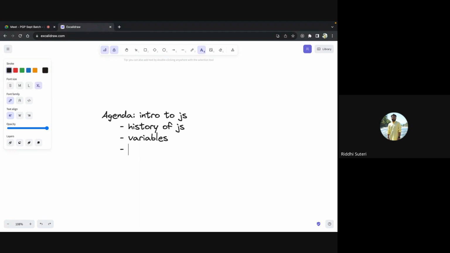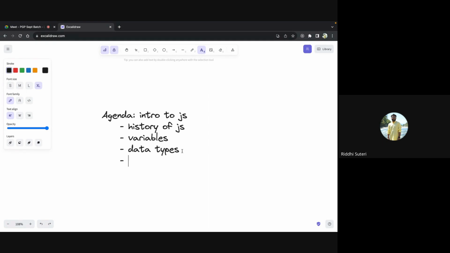After that, we can talk about data types in JavaScript. In data types, we can have a lot of discussion. The very first discussion will be on undefined versus null. Then we can talk about primitive versus non-primitive, and a couple of things. So I'll just leave this discussion by writing data types now. The further discussion we'll take once we actually get to that point.